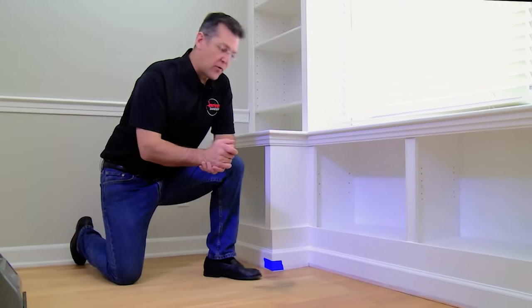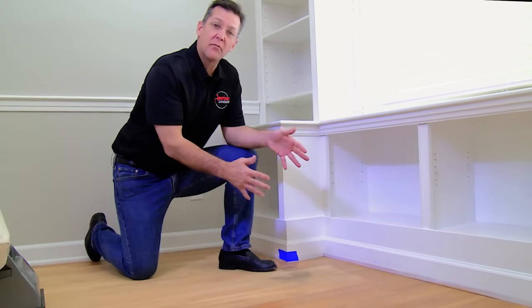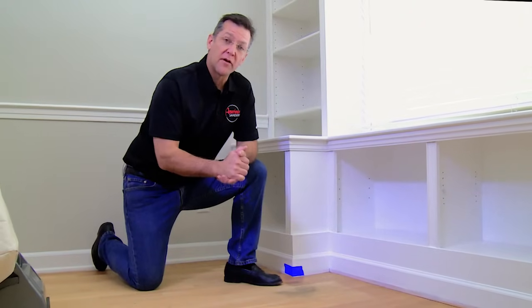So when we inspected the floor earlier, we noticed that there was some sort of water damage or water spot in the corner. We've now sanded over that and it's not coming out. Most likely that is going to be a urine stain from a pet, and that's going to be penetrated all the way through the board, and there's not going to be any way for us to remove it from a